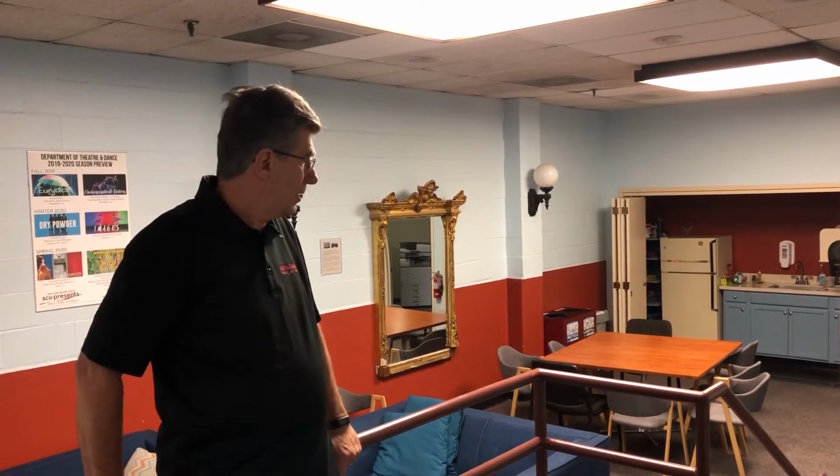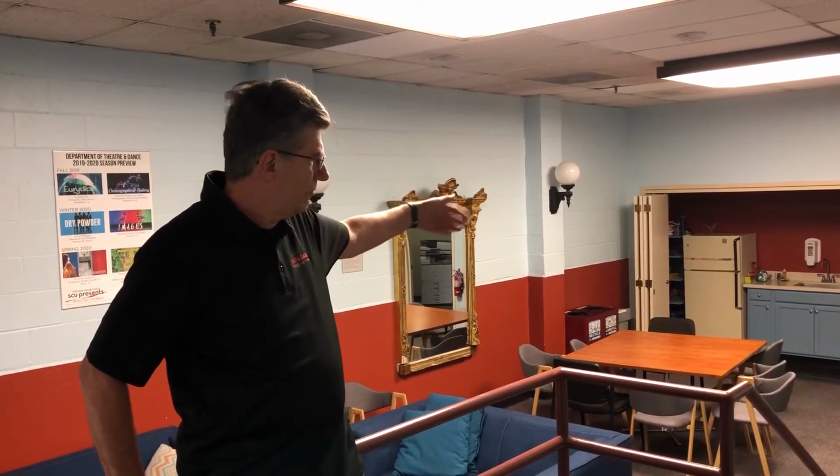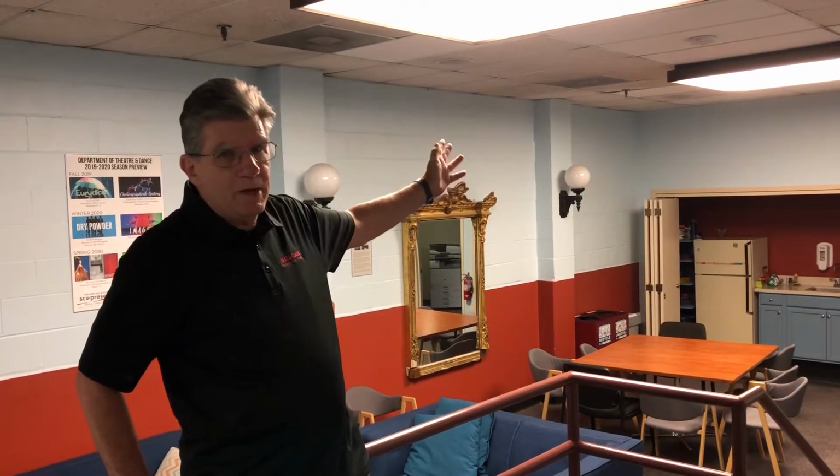Being that the green room is right off the office hallway, they're poking their heads in here constantly, and I have the opportunity to spend a little one-on-one time for a minute here, a minute there, a couple minutes throughout the day, giving us a chance to get to know the students quite well. It's really quite a comfortable room, a little kitchenette for the green room, which has a microwave,